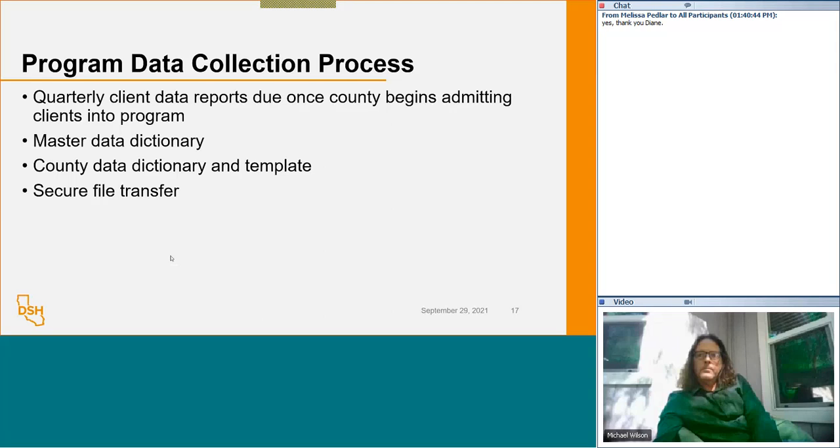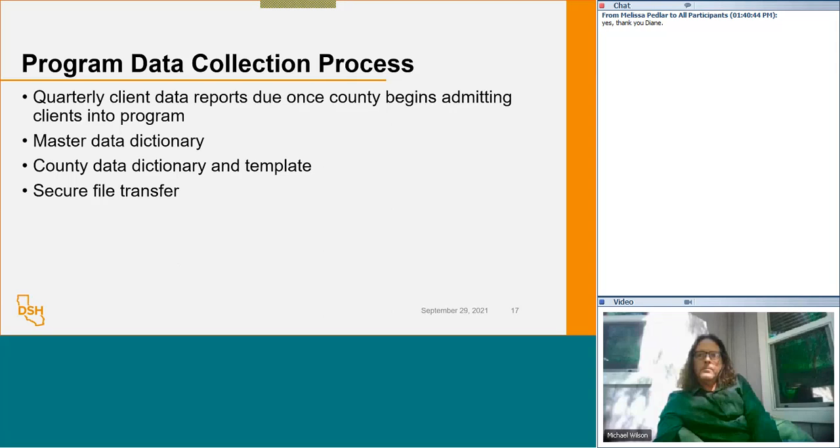And what will happen during that meeting is you'll basically go line by line through that master data dictionary with Dr. McDermott, and create a county-specific version of the data dictionary for your county. And that, in turn, will be turned into an Excel file for data collection that will be sent to you, and that's what you will use to submit your data to us, or Dr. McDermott has also created